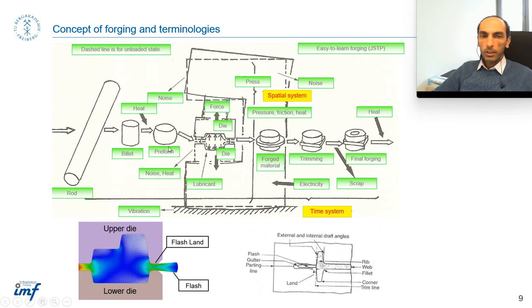Then we call it preform or pre-shape, and then the operator puts the pre-shape. Of course it could be hot. It's hot. We put it between the dies. Here you have the upper die, the lower die. Here the lubricant is to reduce the friction. The force is applied by the press machine, and the dash line is before applying the force,